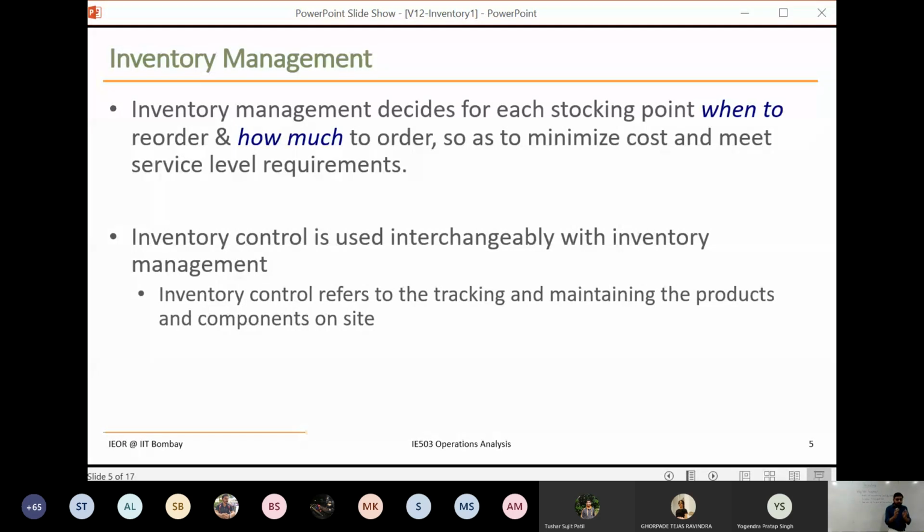Just trying to figure out the current status is a full-time job. You need to figure out where your inventory is, how much quantity is there, track it and ensure it doesn't go bad. If it goes bad, then that place has to be cleaned and that material has to be removed, etc. That is called inventory control. Management is a little bigger view. It involves some amount of aggregate planning, some forecasting comes into play, and we're looking at quantities. Those come under inventory management.